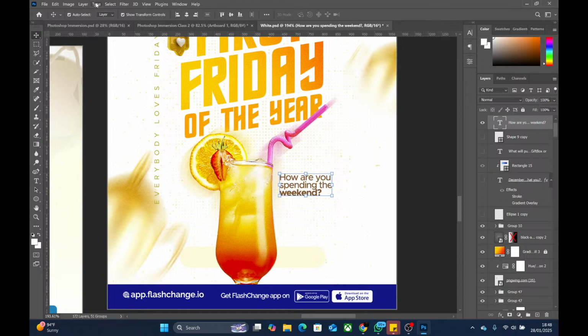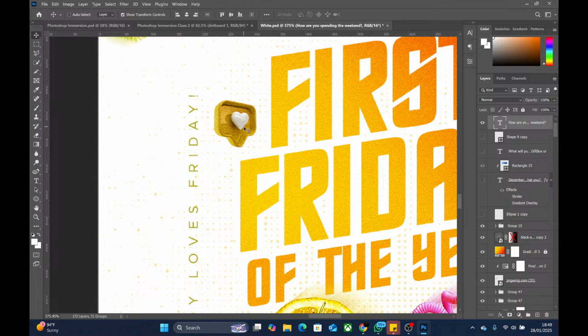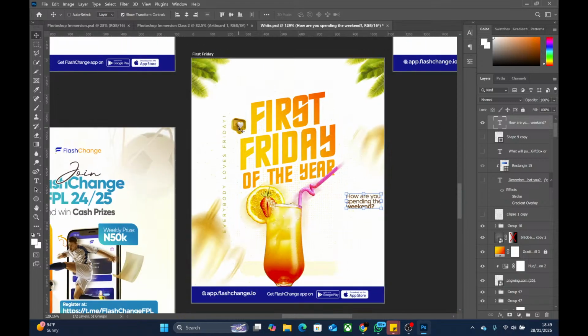Now look at this. If you check this auto select, it can do this, but the moment you uncheck it, it can't do that anymore. It will stay on the last element you have selected. So right now I can't click on this cup, it won't respond to me. It will only move the text, the last thing I've selected. I can't click on this like button or this like icon, it will not respond to me. The last thing I selected is what will be moving around when I click and drag. So anytime you need it, you check it.